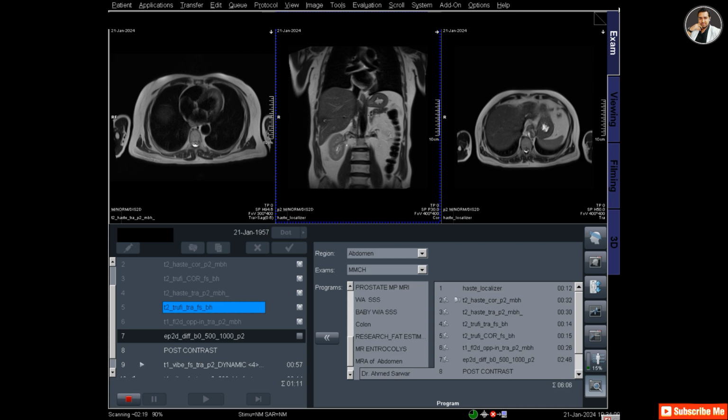Time keeps changing because the respiratory rhythm may be changed by the patients. Patients sometimes take fast breathing and sometimes take slow breathing. So it depends on the breathing rate of the patient, how much time it will take to complete the scan.